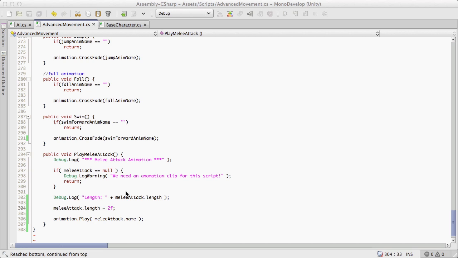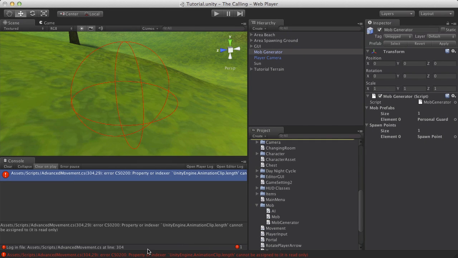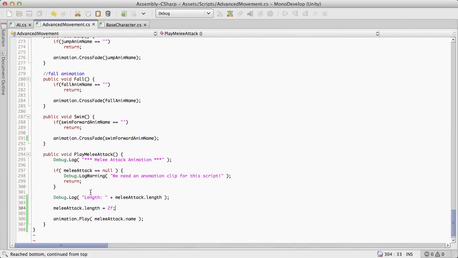And if we come back into Unity, you'll get an error. And if we take a look at this error, it's saying that it cannot assign a value to it because animation clip.length is read only. So how do we go about changing how long the animation takes? With the animation, its length can't be changed, but one of the properties you can change about animations is its